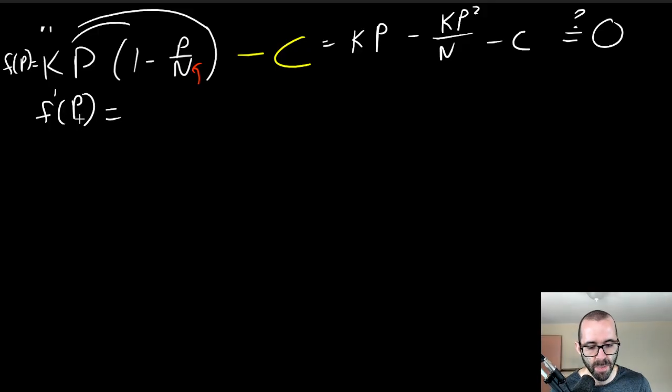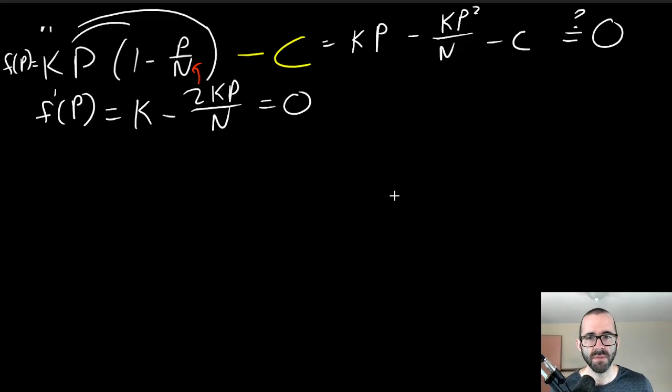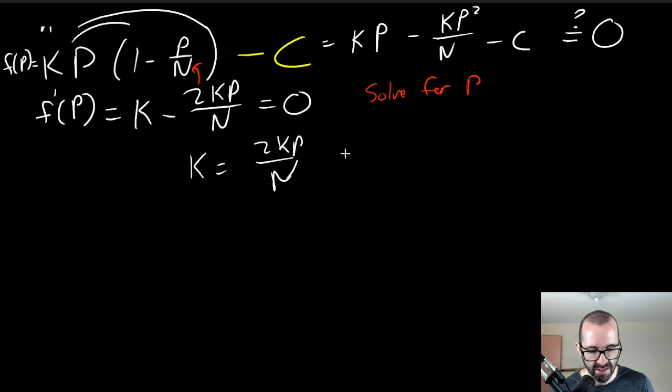We'll take the derivative with respect to p. So with respect to p, this is just k minus 2kp over n. And we're also curious about when that's equal to 0. What are we solving for? We're trying to find the population that will help us find the bifurcation value. So here we're going to solve for p. What p makes this equal to 0? We'll add 2kp over n to both sides. You're going to find out the k's cancel. k doesn't really matter for this. And you're going to get that p is equal to n over 2,